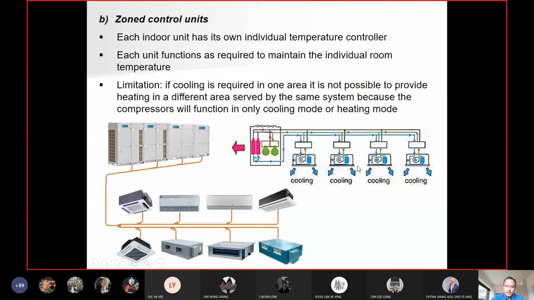you can control the indoor units individually, okay, but at any one point, you can only have either cooling or heating. So if the system uses cooling, especially overseas, you have a heating system, right? In Malaysia, we don't really use heating systems for buildings, right? So you have cooling only. So all the indoor units only cool the building at the same time, but you can control individually. And then finally,